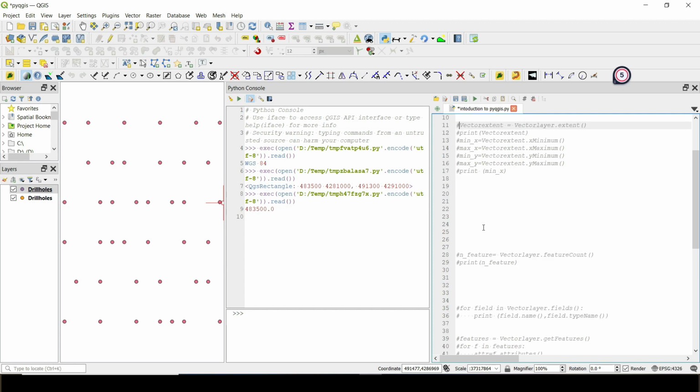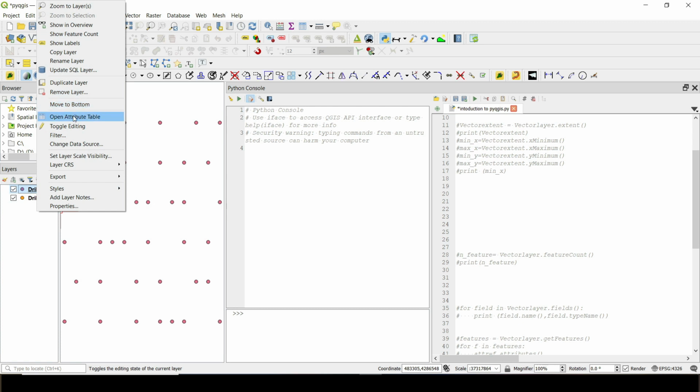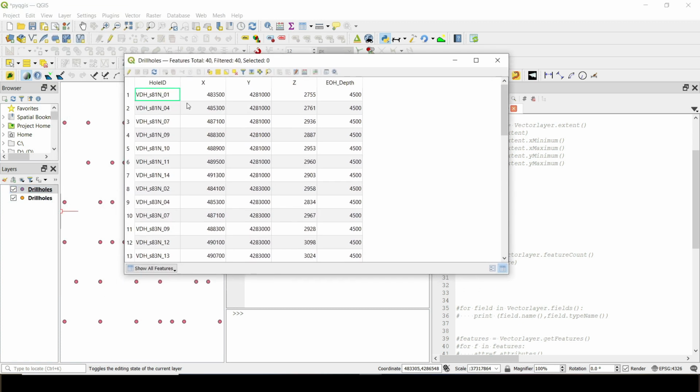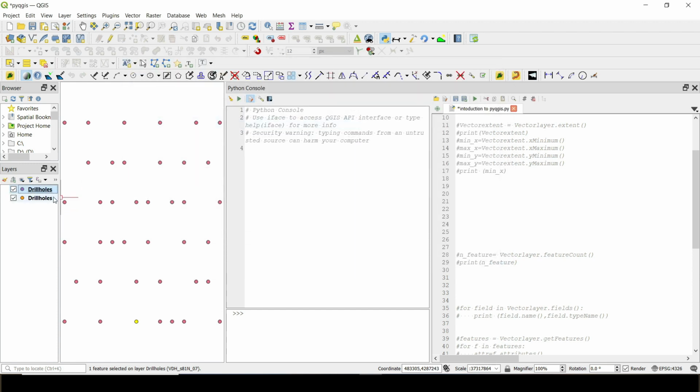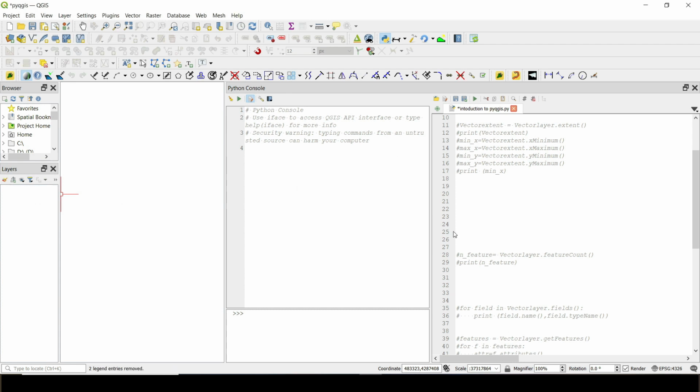Okay, so another cool thing that we can do is look at the number of features. In our case, a feature is basically, let me go and load the attribute table, this one is a feature, this one is a feature, this one is a feature. In our case, a feature is a drill hole. So if we run this one, looking at the number of features, which means looking at the number of drill